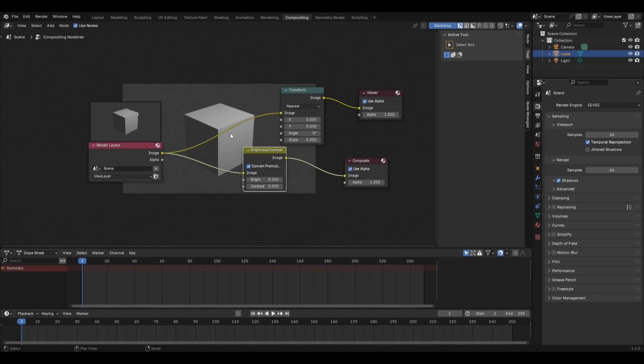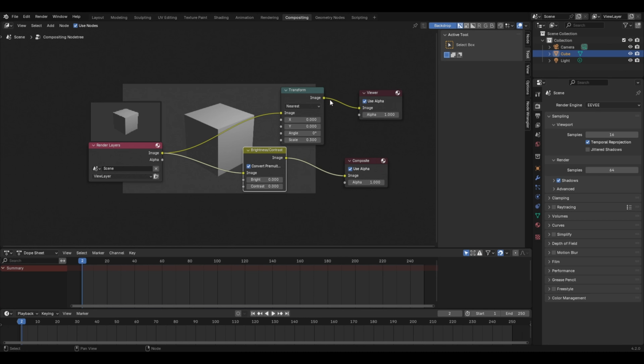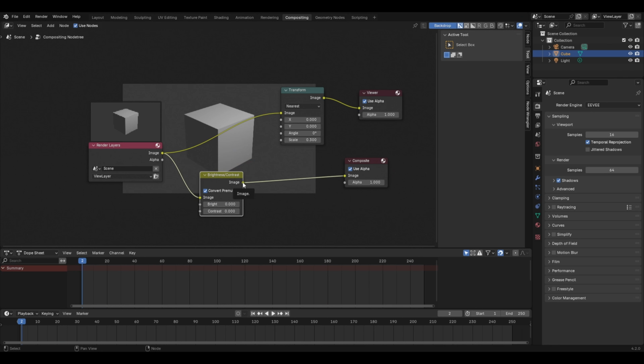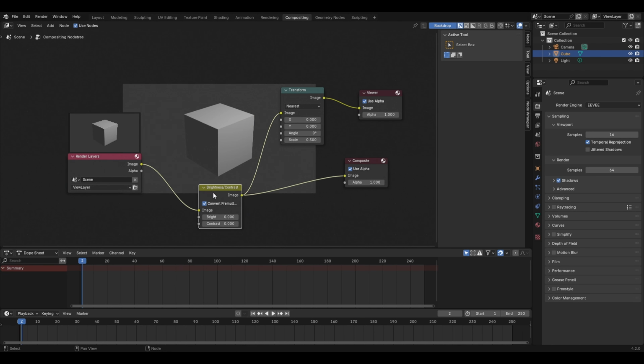Now this brightness contrast node is connected in between the render layers and the composite node. However, to see the changes at the back, we also need to connect it to the viewer node. So if I take the image socket and connect it over here, then you will notice that the transform node will get disconnected, and that's because the viewer node can only take one input at a time. So let's undo this, and now instead of connecting the transform node directly to the input, we will be connecting it to the brightness contrast node. So I'll take the image socket in the brightness contrast node and connect it to the image socket in the transform node. And now you can see the image will be received from the render layers by the brightness contrast node, and the result will be transferred to the composite node as well as the viewer node.